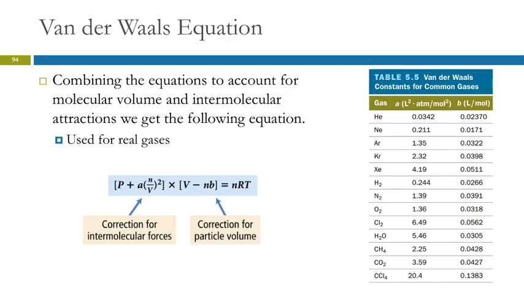There could be like a homework problem or something that's going to ask you to do this, but this will not be on an exam. I want you to be aware of it, though. You should know that real gases deviate from ideal behavior when the pressure is high and when the temperature is low. So that's the equation for when the temperature is lower? This one will account for both. It'll account for both.